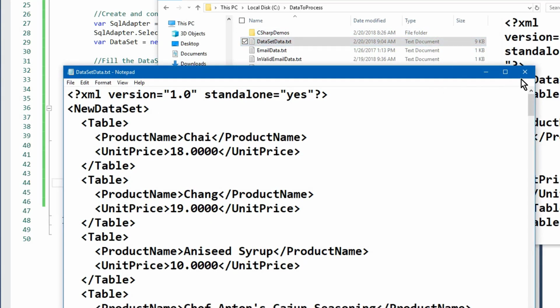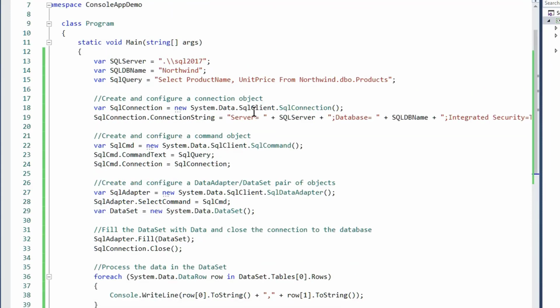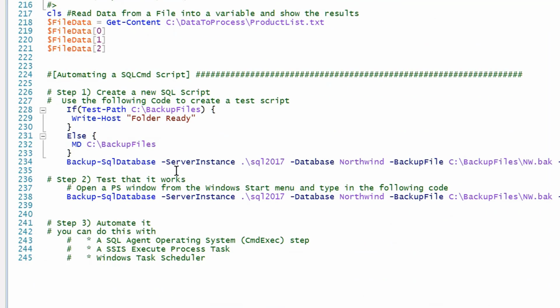Now, if I wanted to do something like interact with the operating system, I've got commands for that. If I want to submit a command to back up a database, I can just go ahead and say backup database to and tell the name of the file. Basically the same code that I used over here to force the backup to occur can be done there. It's just that if I run this code from PowerShell,